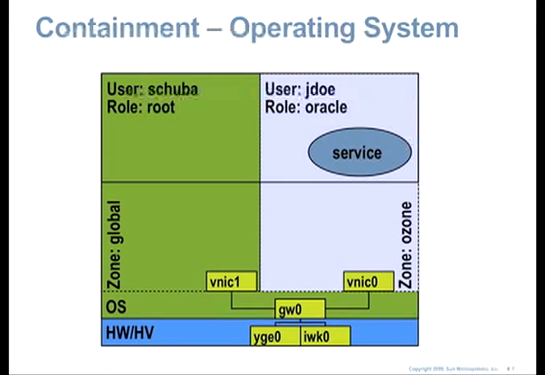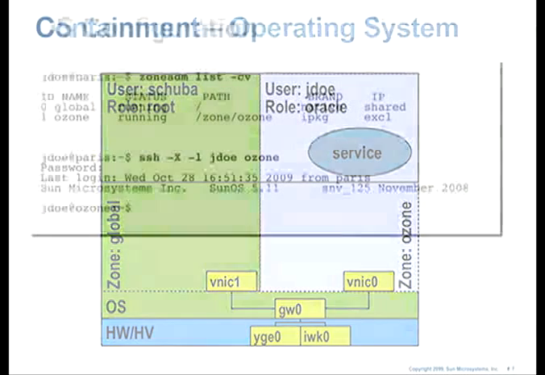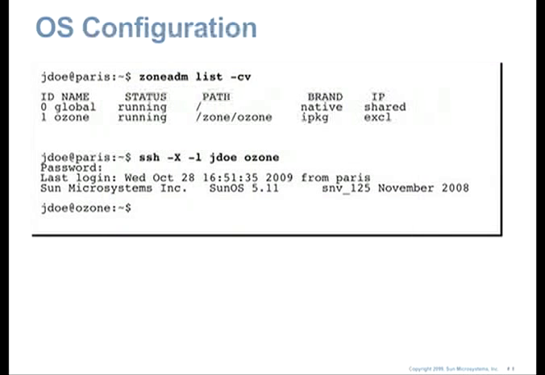Now in the global zone here, everything that's green basically, again you would log in as another user and assume the root role if you need to do introspection, for example, or some higher level system administration. So for example, zone administration can only be done from outside the zone, from the global zone. So this is sort of the picture that you should keep in the back of your mind now. Good, let's switch to the first demo to just look at